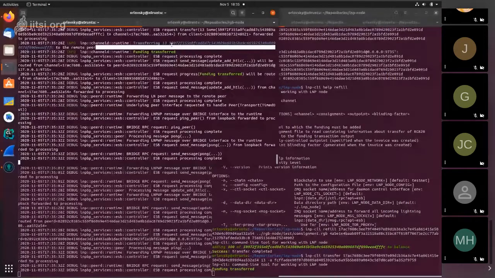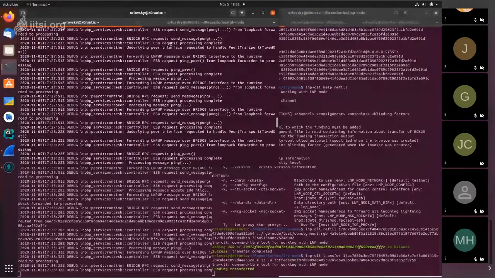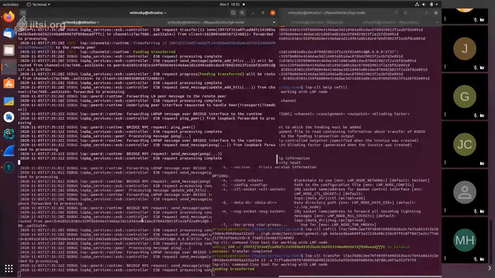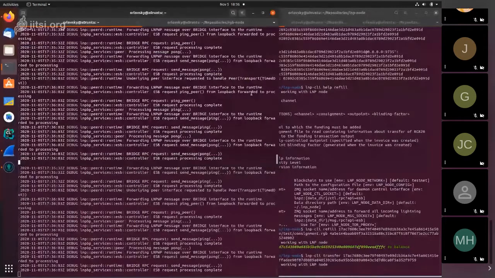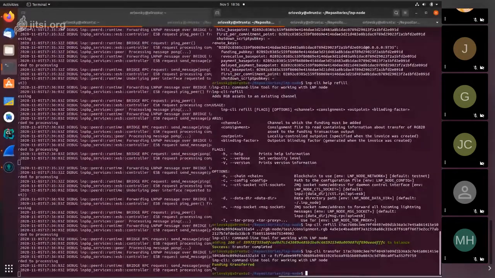Now this time it's not BTC. As you see, before it was a BTC transfer. Now this is a different type of asset. And the other party is receiving it. Update HTLC. And it has to report that it has added something. Oh, no, actually it hasn't. It hasn't added. You know why? Because I used a wrong